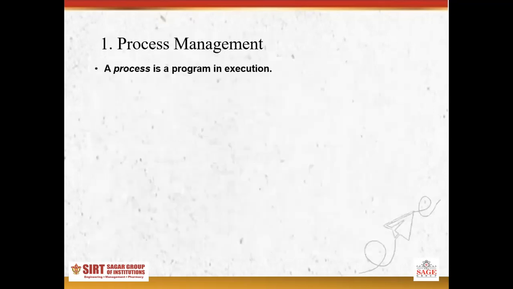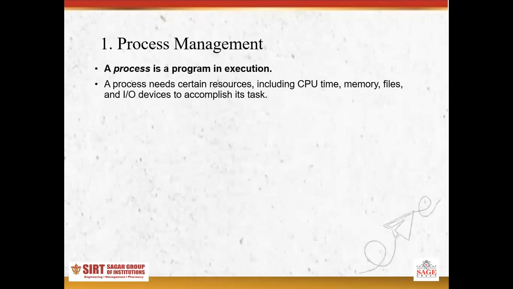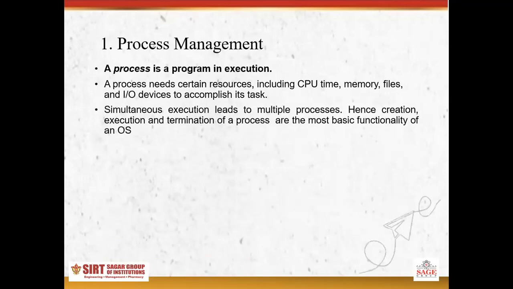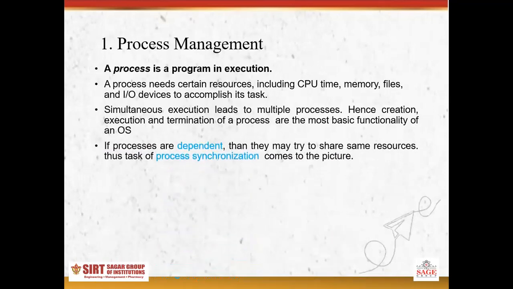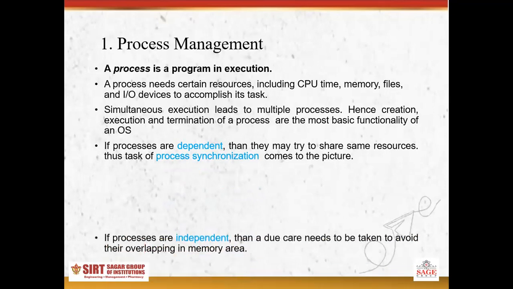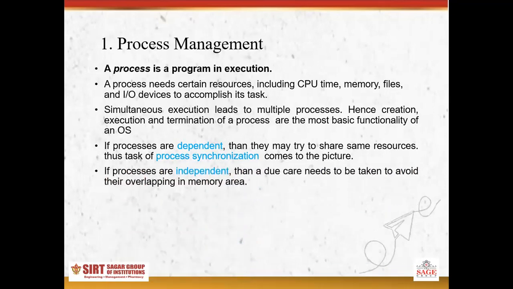In process management, a process is a program in execution. A process needs certain resources, including CPU time, memory, files, and input output devices to accomplish its task. Simultaneous execution leads to multiple processes, hence creation, execution, and termination of a process are the most basic functionality of an OS. In a later video, we will check one by one with diagram how a process can be executed